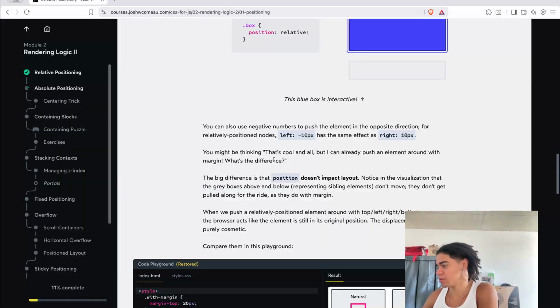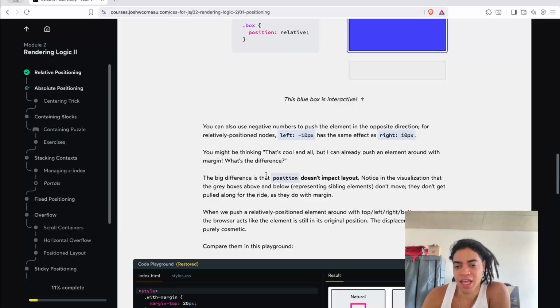The difference of pushing elements using the positioning layout, unlike margin, is that you are